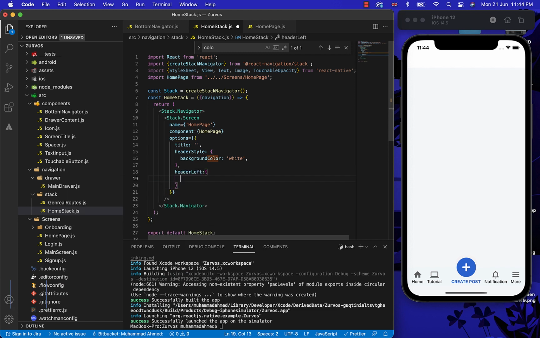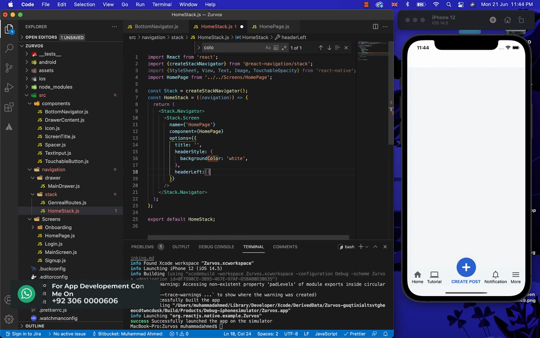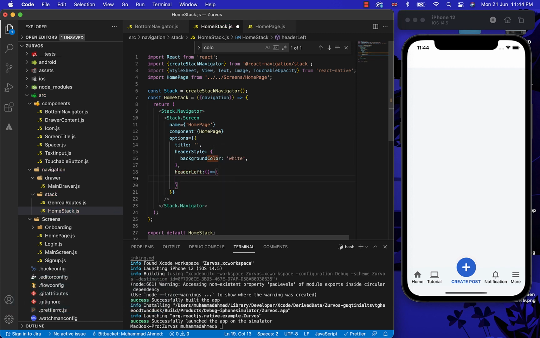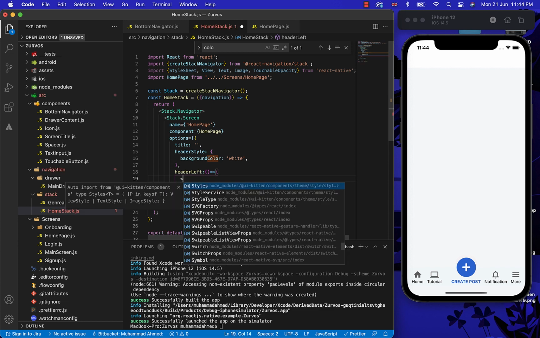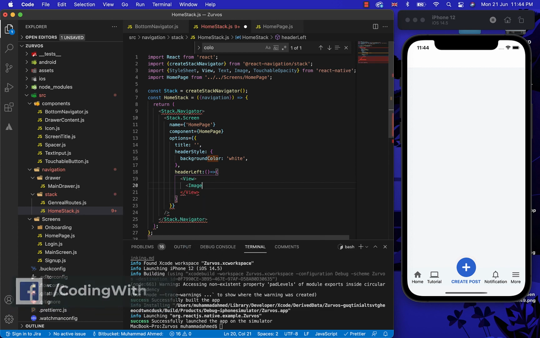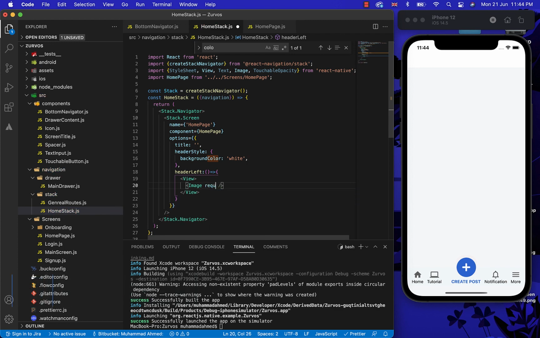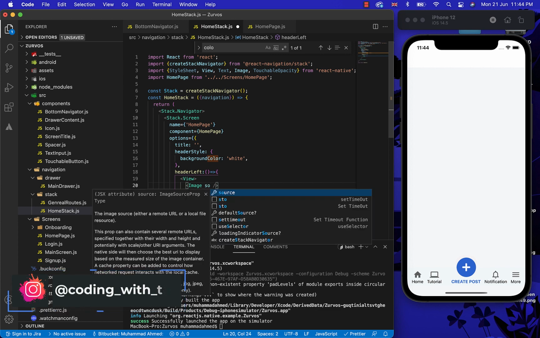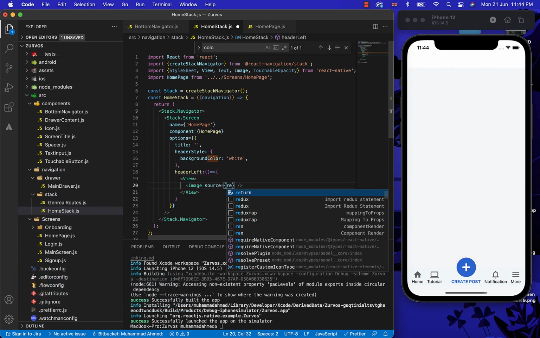For that, let's just create a function of the header left and put some styling between it. So on the header left, we want our user image on the left side. For that, let's just import a view and in it import image from React Native and give the source of the image and some width and the height.